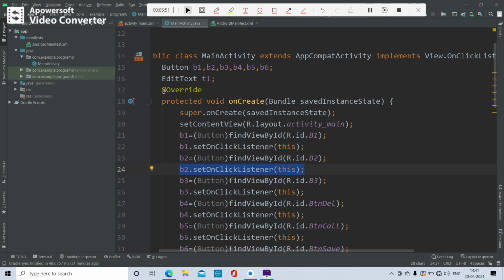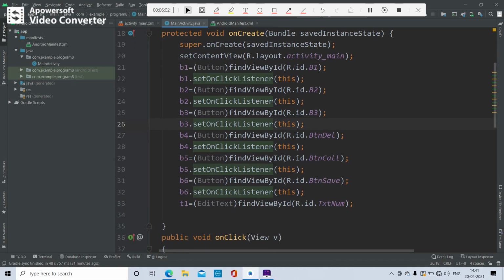Like that, for every button we need to map it to its object, and we need to keep a setOnClickListener event. And for the text, T1 we need to map T1 equal to findViewById(R.id.txtnum). Txtnum is the text box, and we are going to map it to the T1 object.